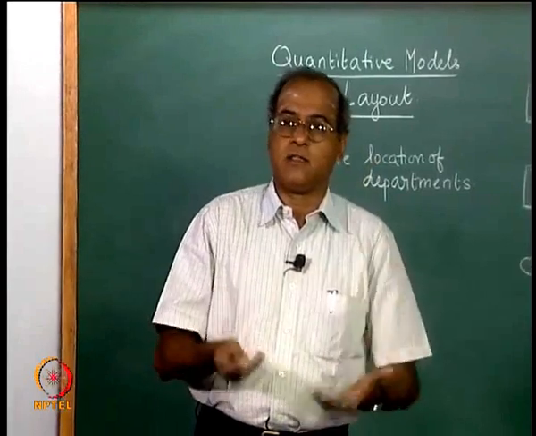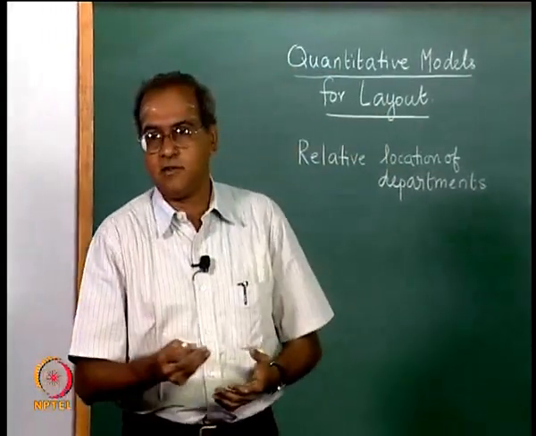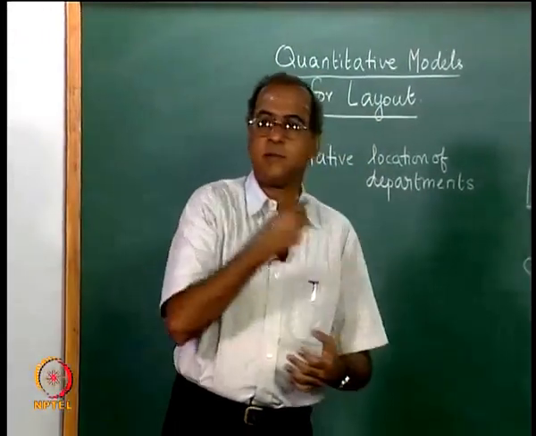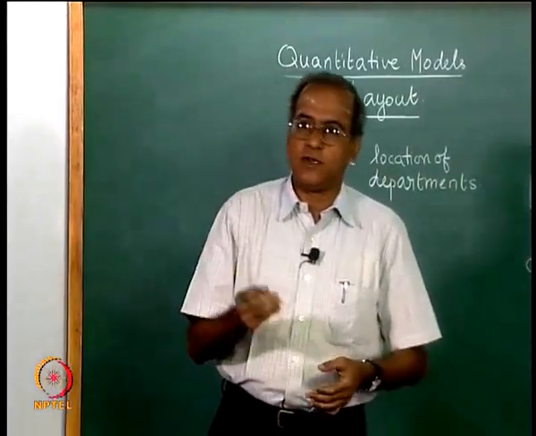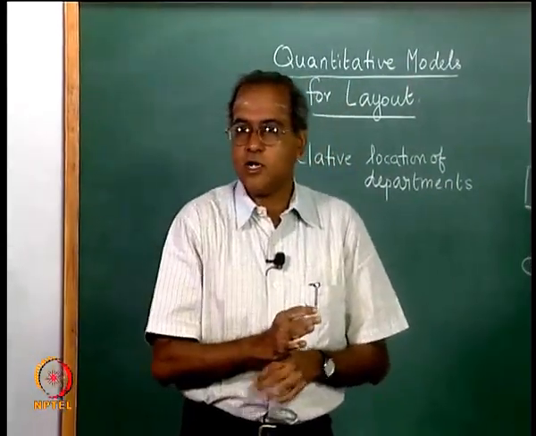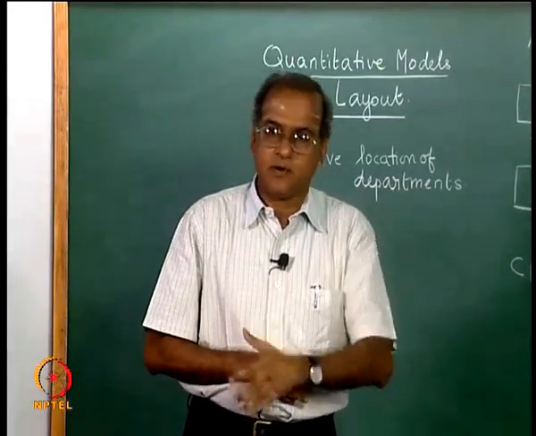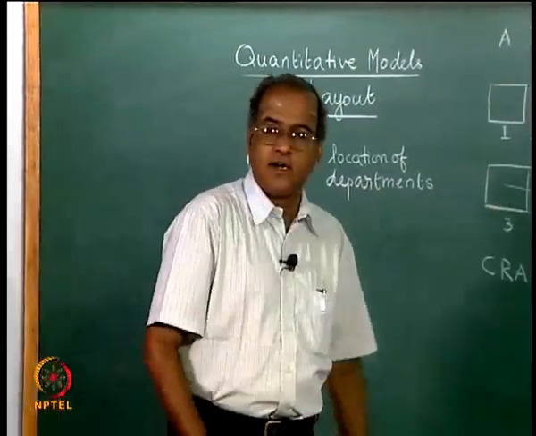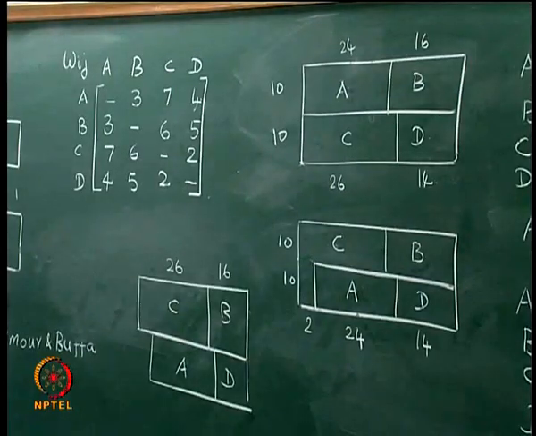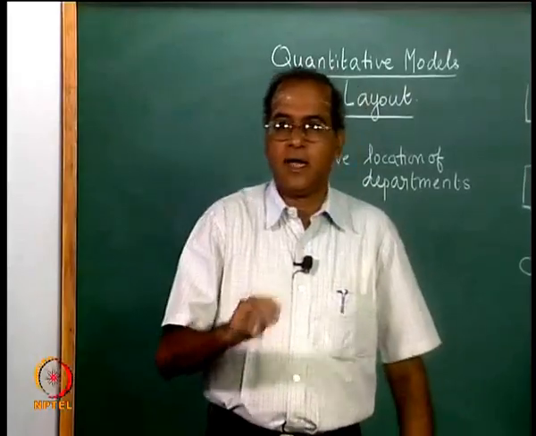There are several algorithms, both qualitative and quantitative, that researchers and practitioners have created over the last 50 years or so, which try and meet the requirements of location and layout. But then we have addressed very basic algorithms which capture the very essence of the ideas in facilities location and